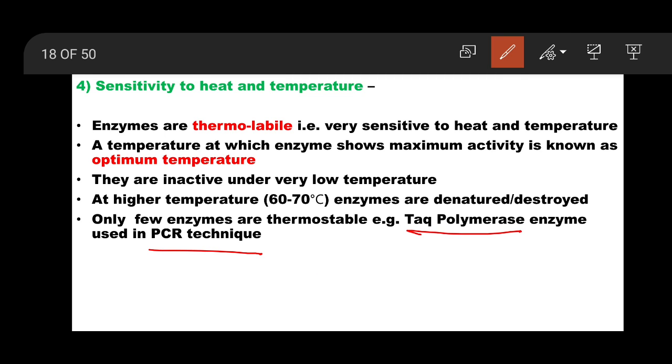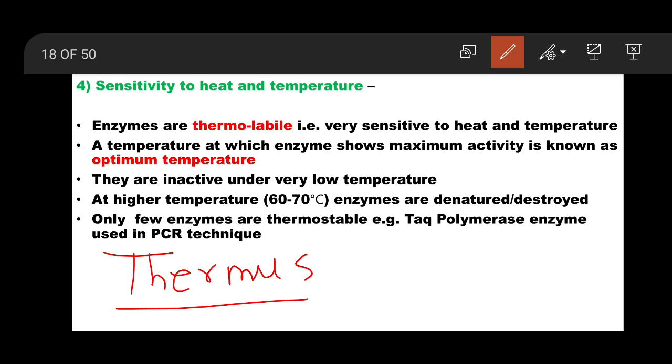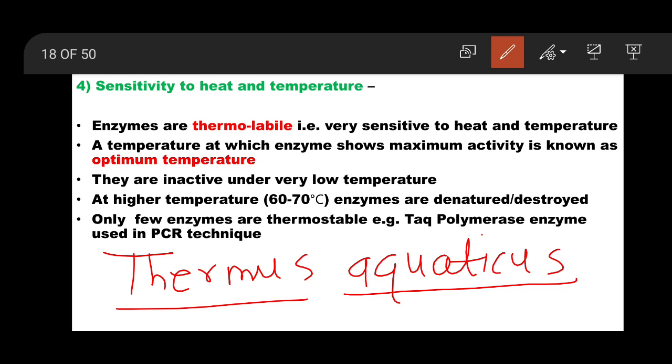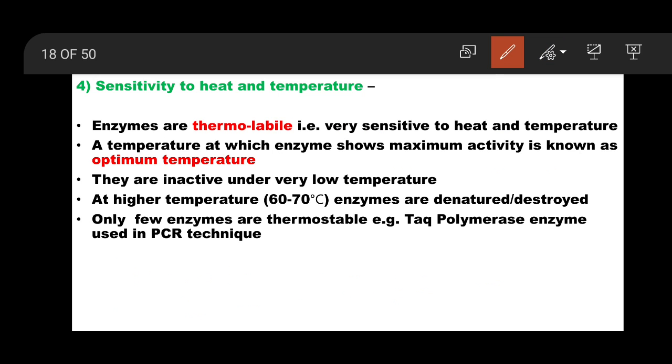Taq polymerase is the enzyme which is isolated from a thermostable bacterium, Thermus aquaticus. ये जो एंजाइम है ये इस बैक्टीरियम, Thermus aquaticus से निकाला गया है, which remains stable above 70 degrees Celsius. 70 डिग्री सेल्सियस के ऊपर भी ये एंजाइम स्टेबल रहता है, टैक पॉलीमरेज।